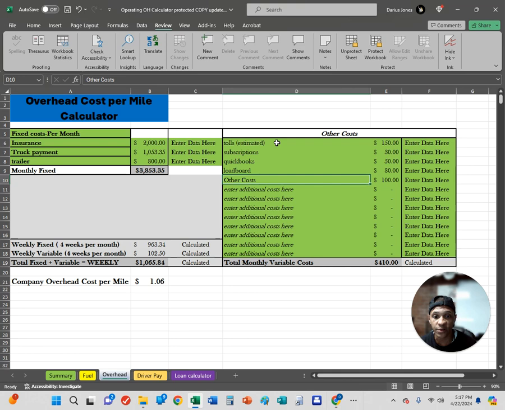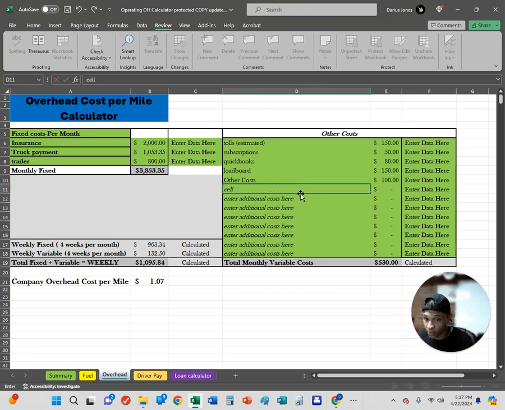Now let's come on over here to variable costs. Now tolls, again guys, that's really going to vary depending on where you are, but I like to factor in something so that you're kind of hedged against it. Okay, subscriptions, this could be your clearinghouse, your monthly clearinghouse costs. Your clearinghouse is your drug test cost for your drivers to make sure that you're compliant. Your QuickBooks, your subscription fees, load boards, depending on how many of those you got, other costs, and then you